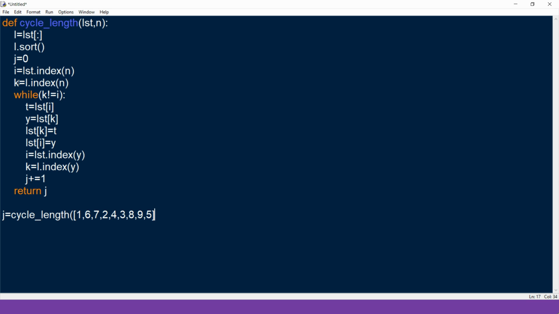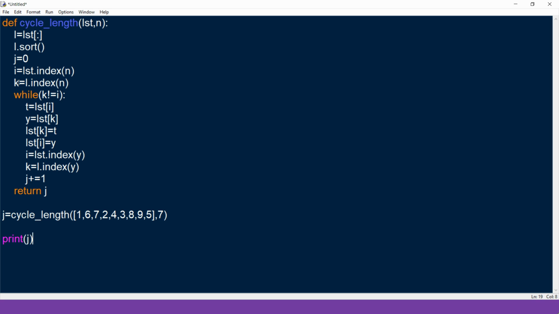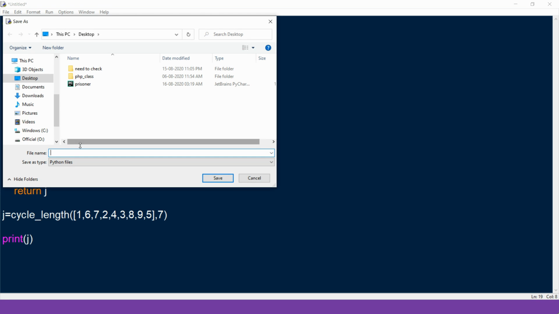This is our list, and the first value I need to swap is 7. Here we need to print the value z. That's all about the function. We need to save it, save it as length of sorting.